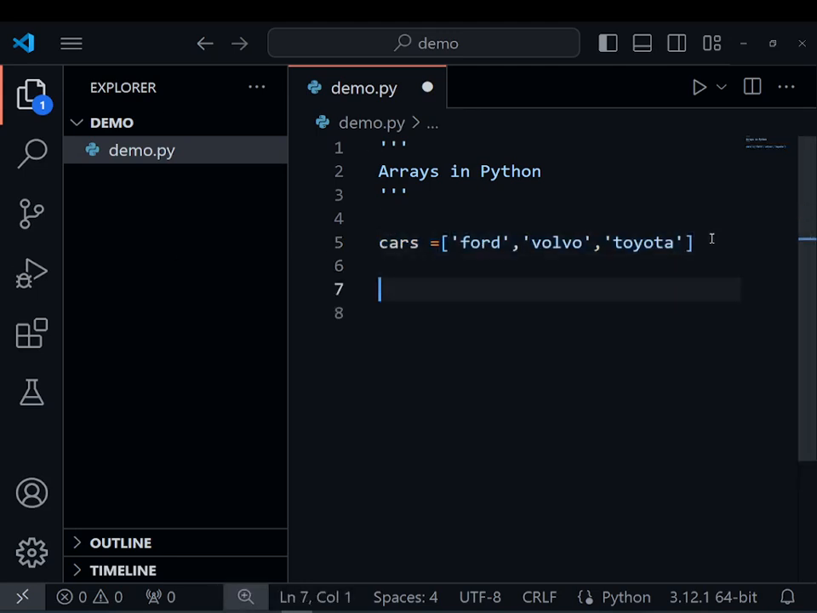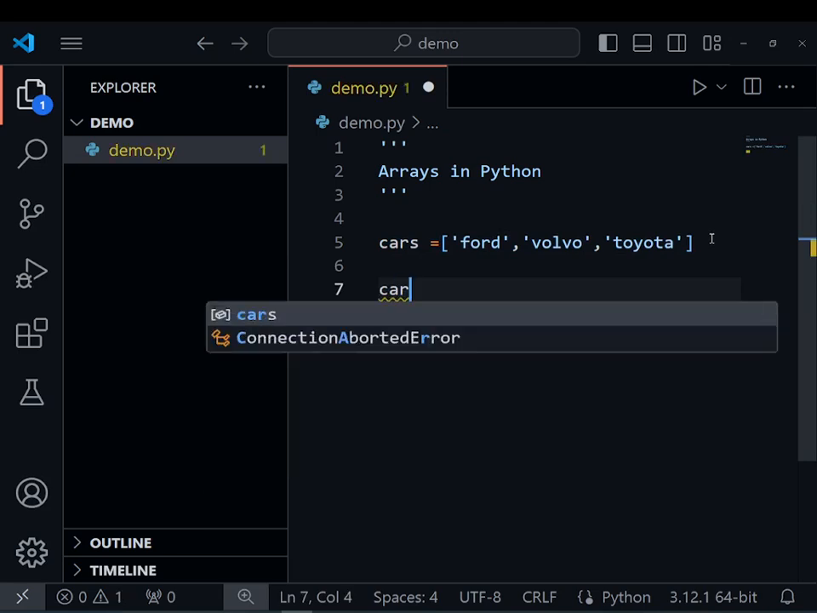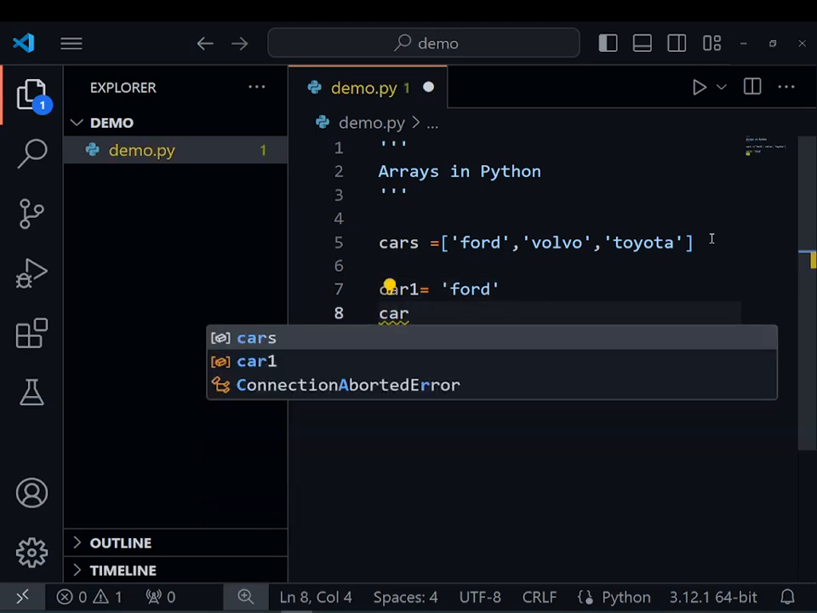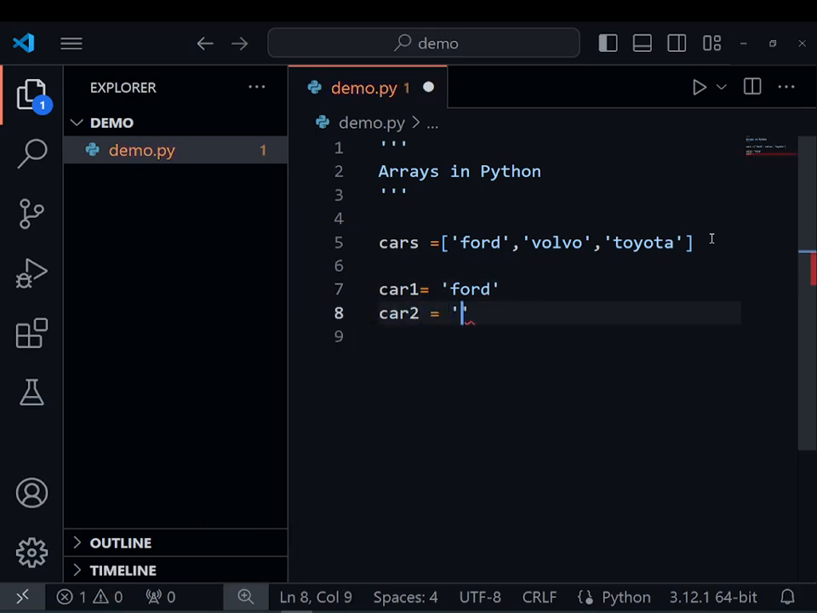If I just want to save them in single variables, it will look like car1 Ford, and then I have to type car2 and again Volvo. So I can store it all in a single variable with the help of an array. Next, we are going to see how to